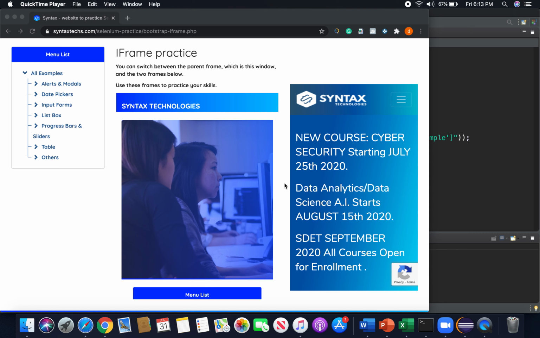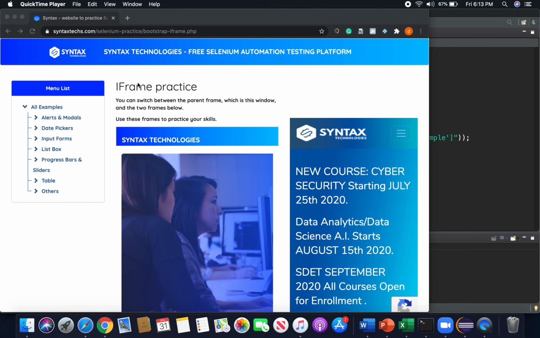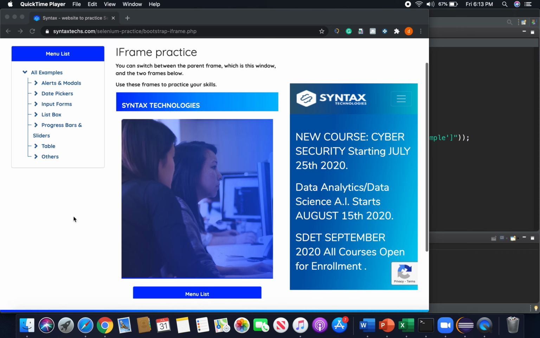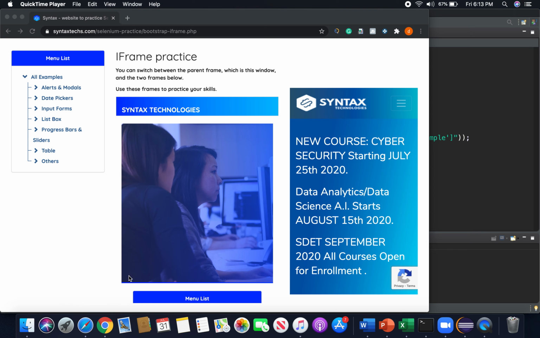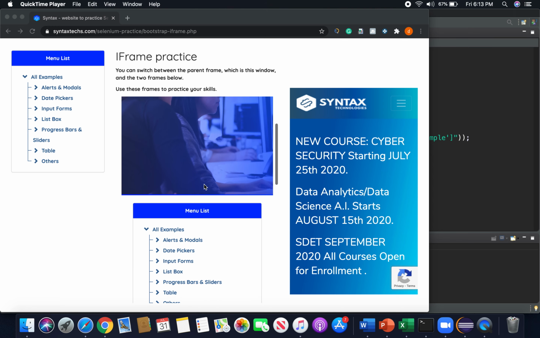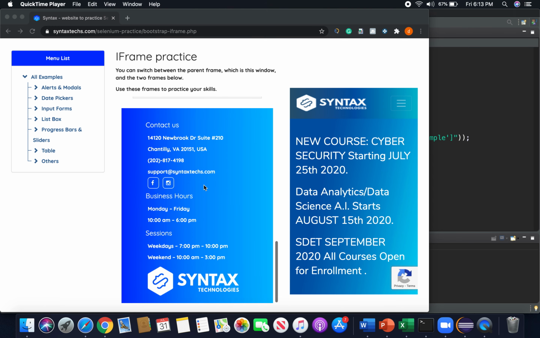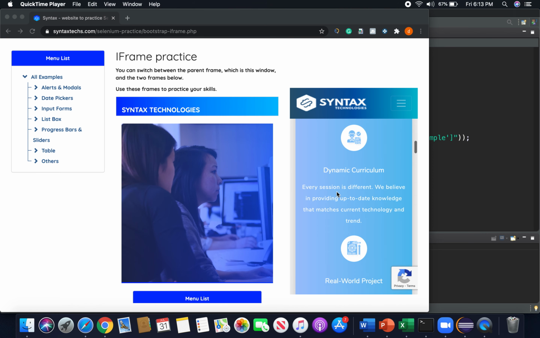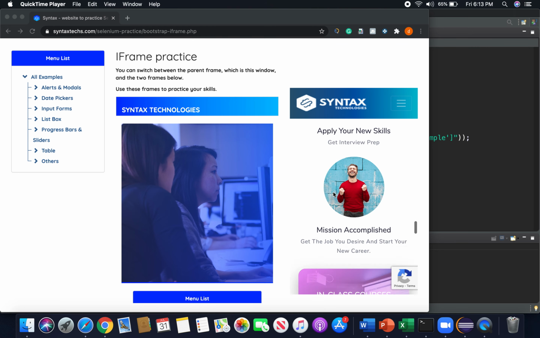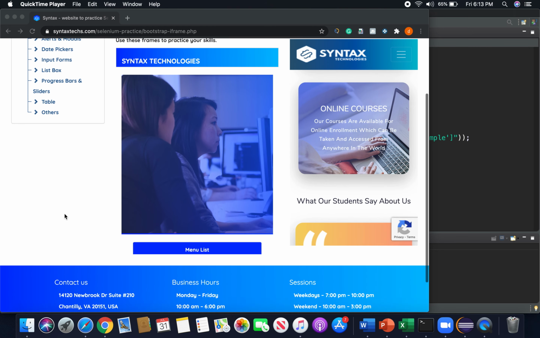Well, we're here in our Syntax practice site, as we gave you guys that resource in the last videos. Now, iframes. If we see here, when I'm scrolling through the page, I'm interacting with the page. But do you see this border here? Believe it or not, this is its own separate frame, right? Its own separate content, as I can scroll and manipulate this independently without moving the page,